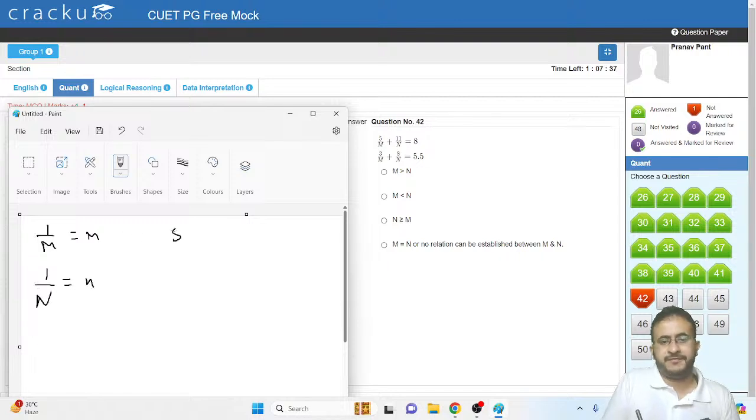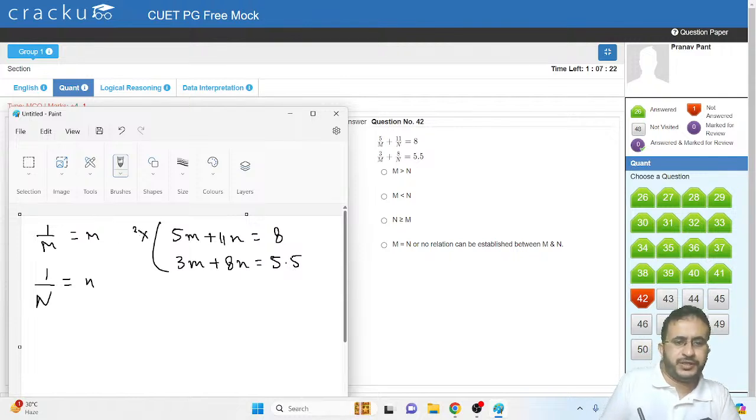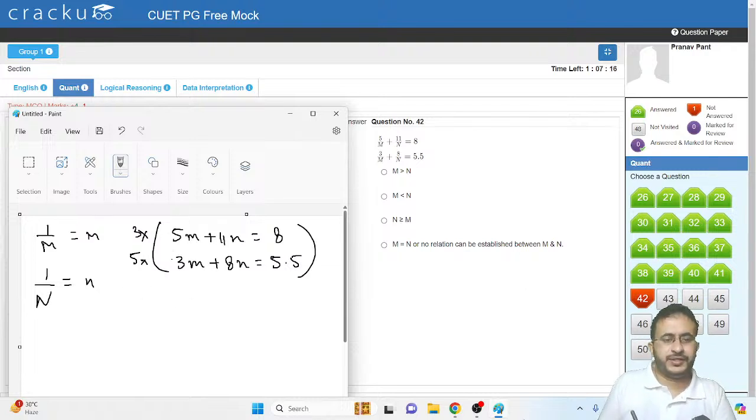Okay, so we have 5m plus 11n is equal to 8, and 3m plus 8n is equal to 5.5, right? So we eliminate one of the variables. Now what we can do is we can do into 3 and into 5 to eliminate the variables, isn't it? Into 3 kar denge, so this will be 15m and 33n,